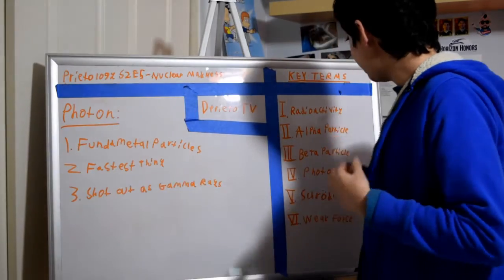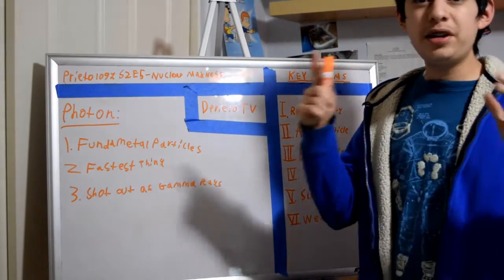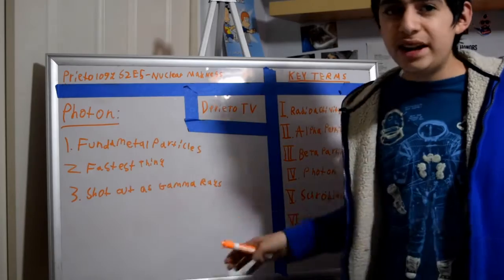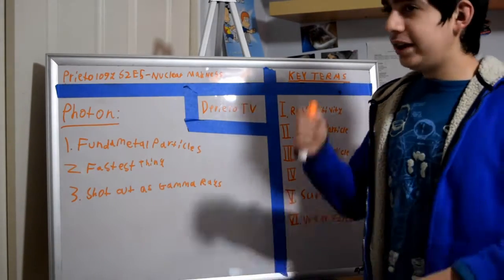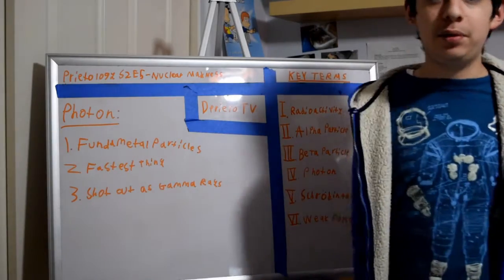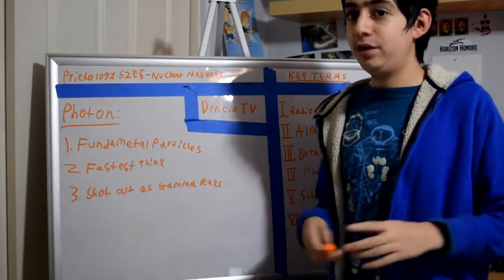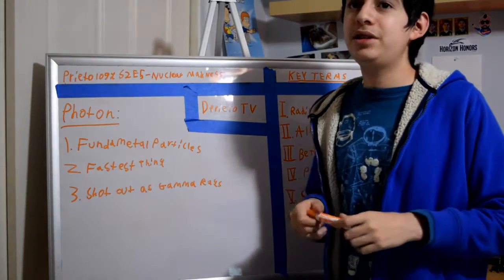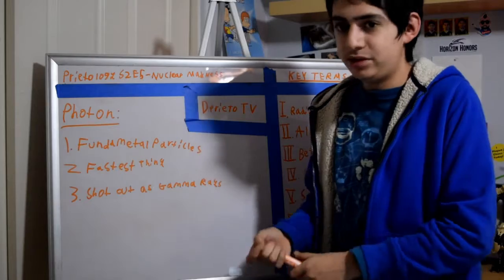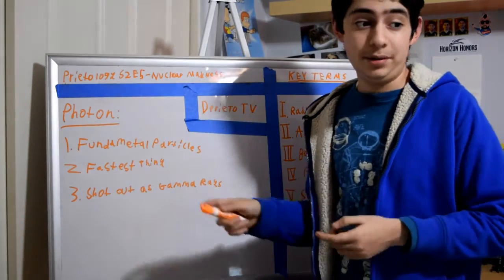Alright, so on to our next term, which is the fourth term, photon. A photon is the fundamental particle of all waves in the universe. So microwaves, infrared waves, radio, light, gamma, every wave out there is made of photons. Here's a bit of quantum physics for you. A photon is the quantum of light. Quantum means basically its basic particle. So light is made of photons, so a photon is light's quantum.